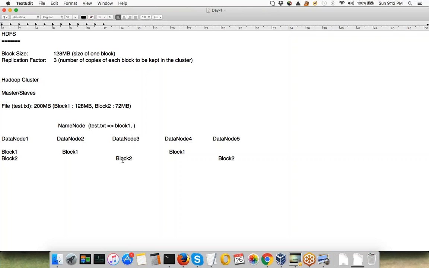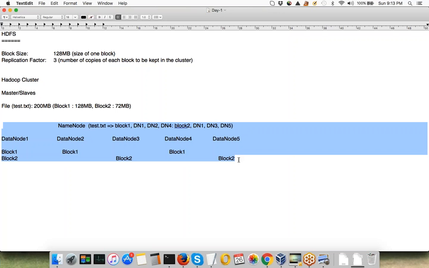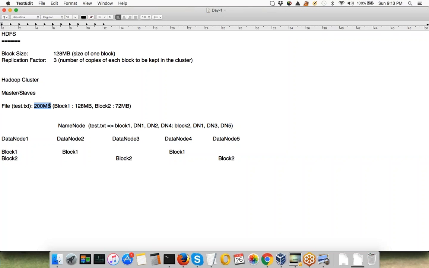Block 1 is present on data node 1, data node 2 and data node 4, right? Similarly, it has block 2, which is present on data node 1, data node 3 and data node 5. Okay, so this is the view of your file system after writing a file of 200 megabytes into HDFS.